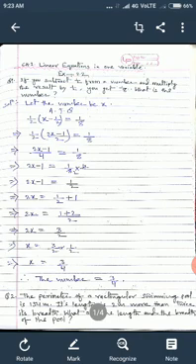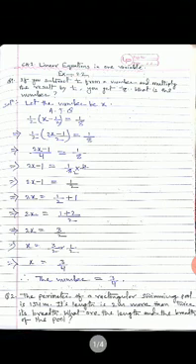Suppose you take any number and you have to subtract 1 by 2 of that number. Means suppose you take x. So you have to subtract 1 by 2, means x minus 1 by 2. And this result is again multiplied by 1 by 2. You will get 1 by 8. This is the question. Now see how we can solve this equation.